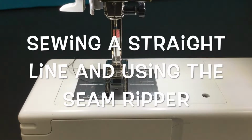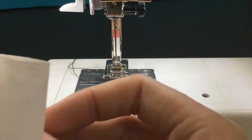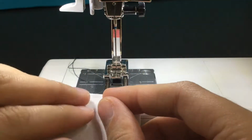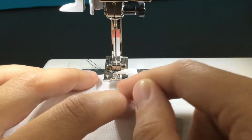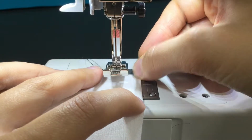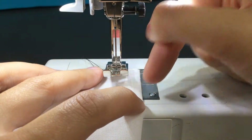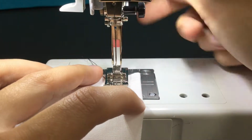Okay, for a quick repeat of how to start stitching: 1, make sure your settings are correct. 2, you're going to take your fabric, slide it underneath your presser foot, and line up with the line that you want on your stitch plate so you can sew an accurate distance from the edge of the fabric. I'm going to stick with the 5/8. You're going to lower your presser foot